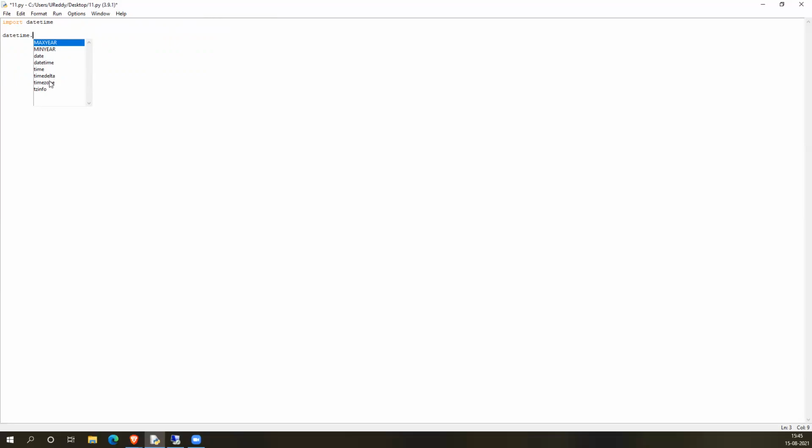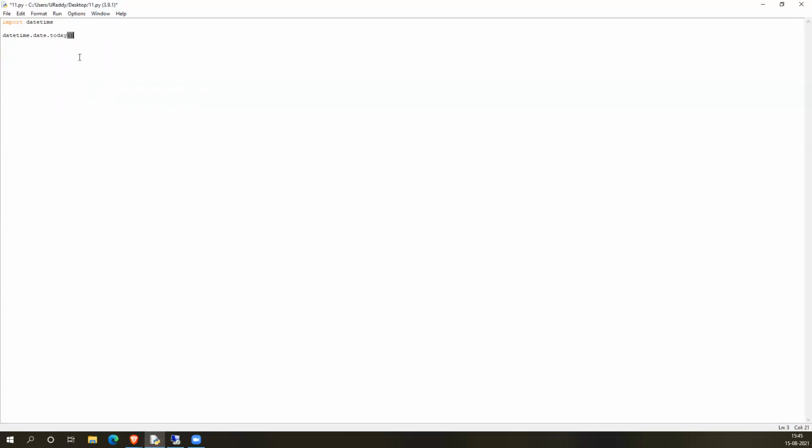There might be individual properties or methods or some more objects linked to other objects. Here date is another object. Once you click dot again, as it is also an object, it will show current time, day, format, today. So you see there is today.